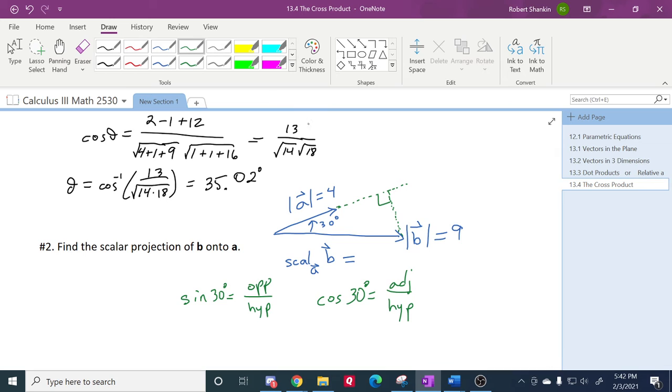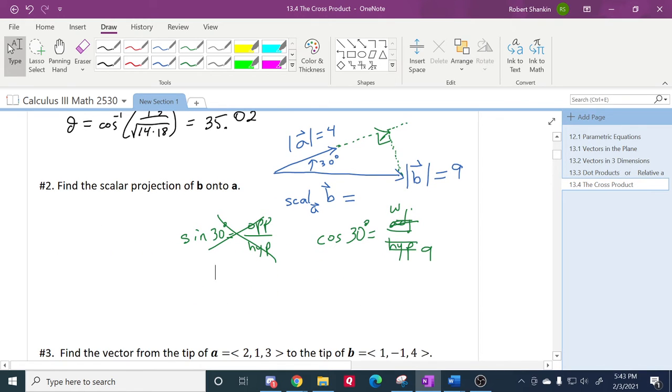And the adjacent is the projection of B onto A, this part right here. So that's what we're looking for. Let's call that W for a second. The hypotenuse is 9. So then I'm going to say W is equal to, multiply both sides by 9, 9 cosine 30 degrees,